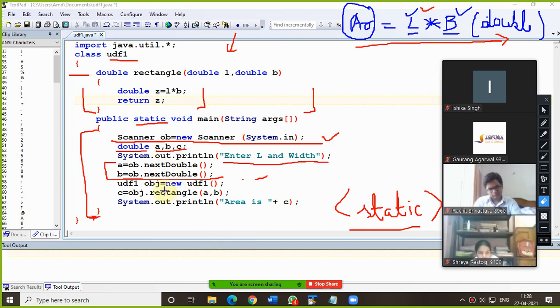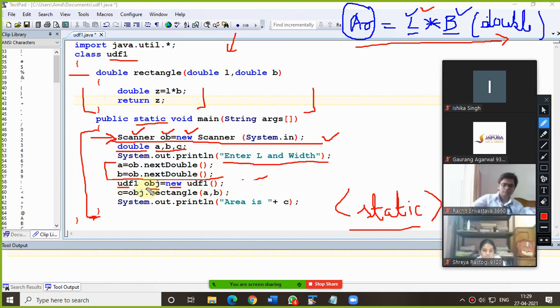So this is a simple variable name, or in other words you can say it is an object of a class which we are creating with the help of the new keyword. New is an operator, used to create an object of a class, like the same thing we were using with Scanner. In the Scanner also we were creating the ob object using the new keyword. Am I clear on this? So why are we creating an object?